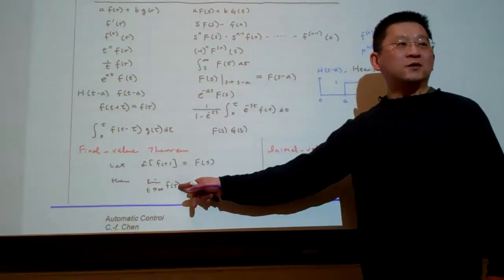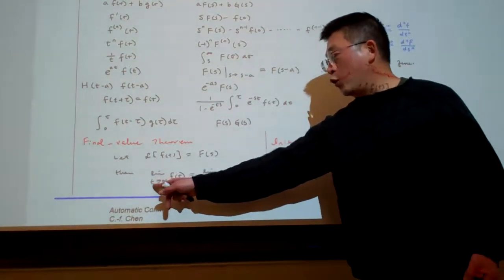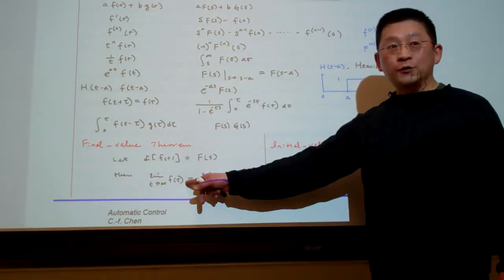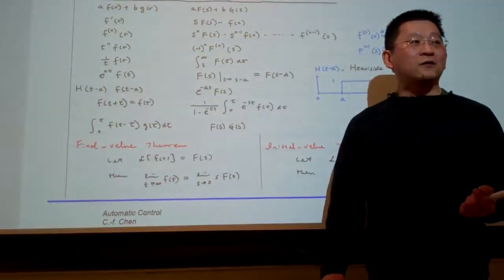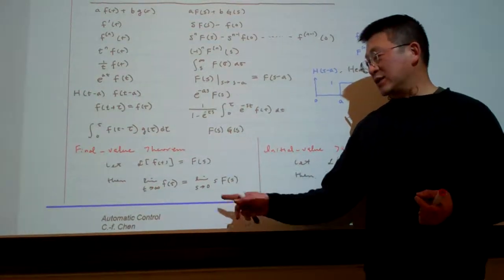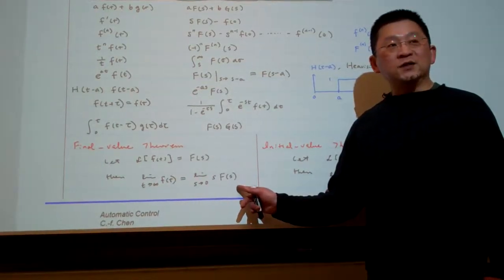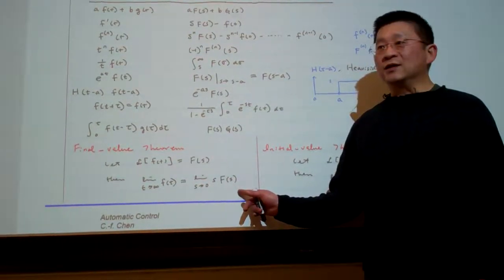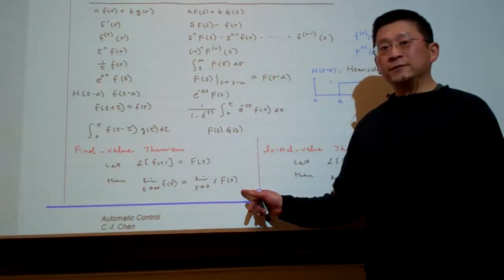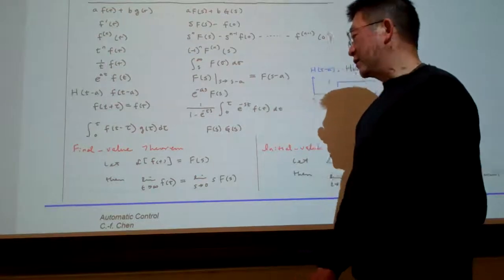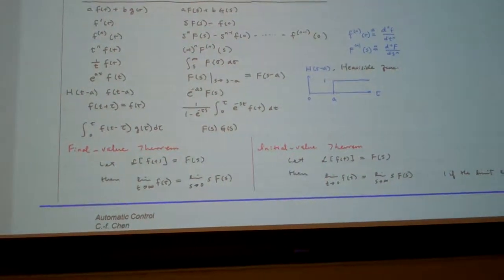So the whole term represents the steady state value of f(t). If we want to calculate the steady state value of the function, then we simply calculate like this. This theorem will be used later in the analysis of steady state error, and I will remind you of that one. Okay, so those are the quick overview of